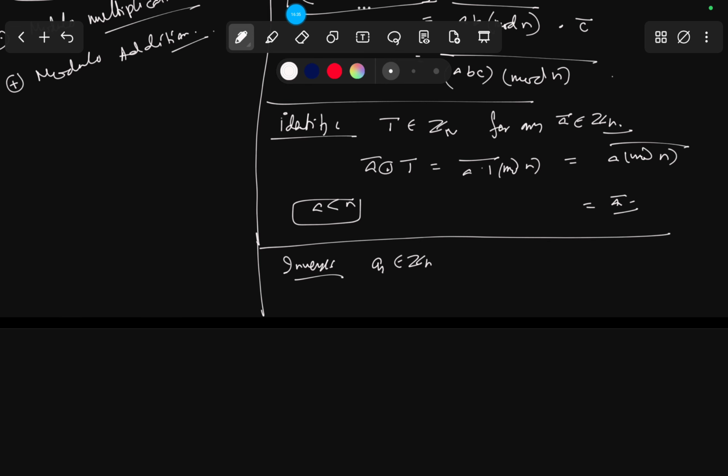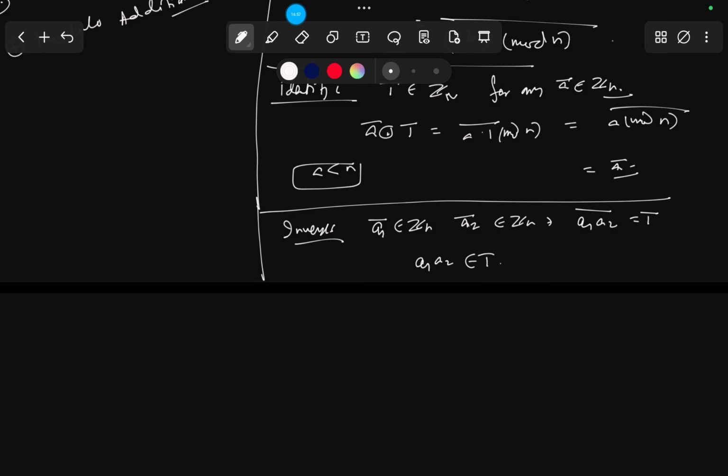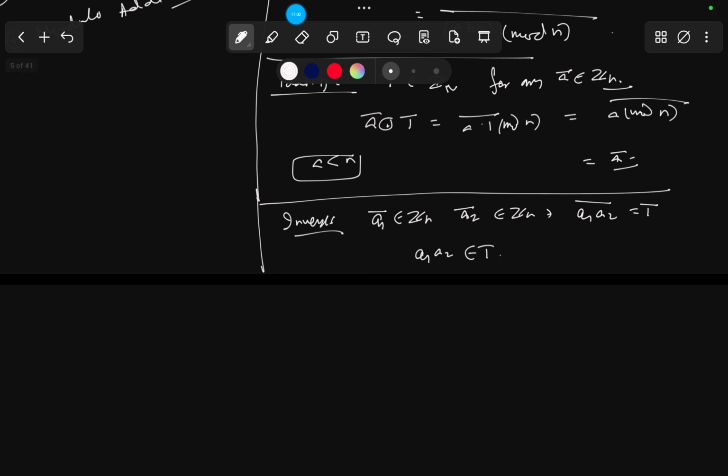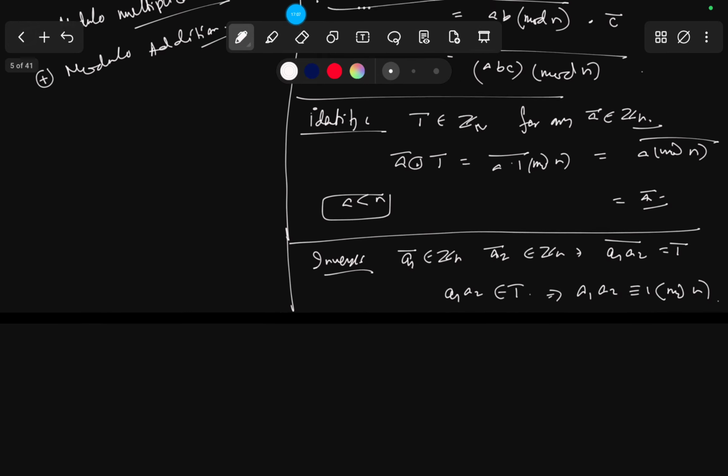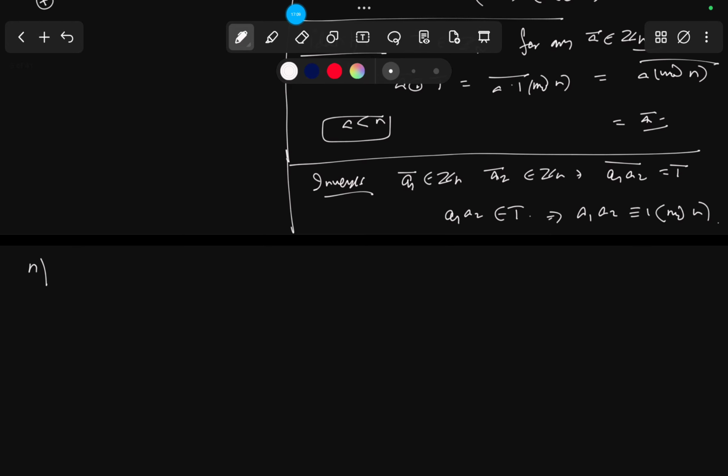That means a1 a2 is congruent to 1 modulo n, which means that n must divide a1 a2 minus 1. So we have a1 a2 minus 1 is some n k1,